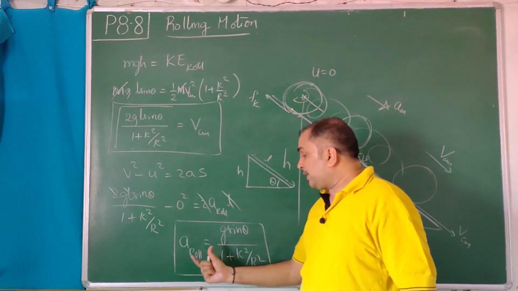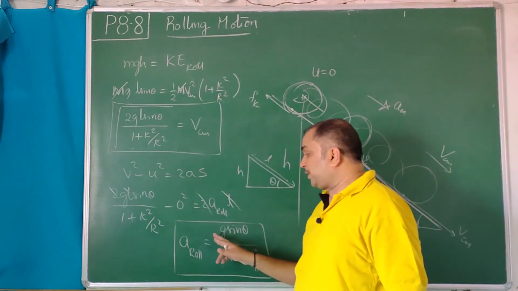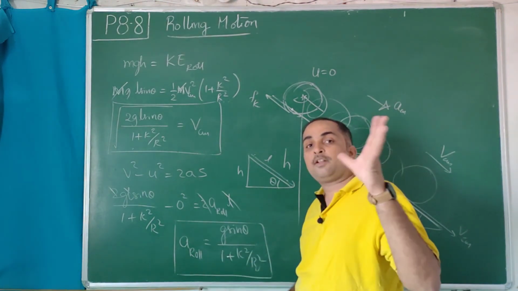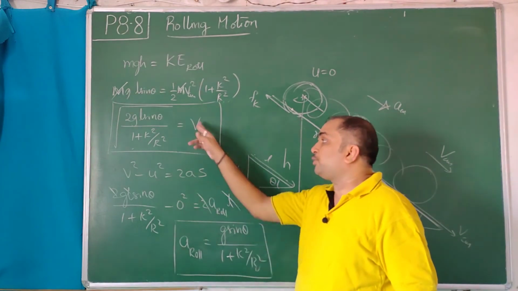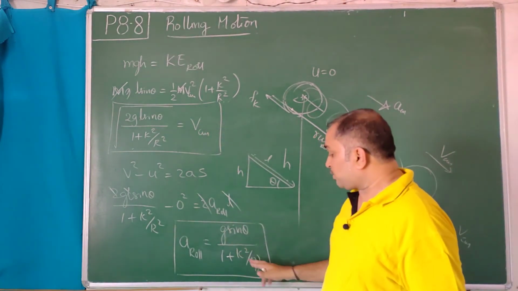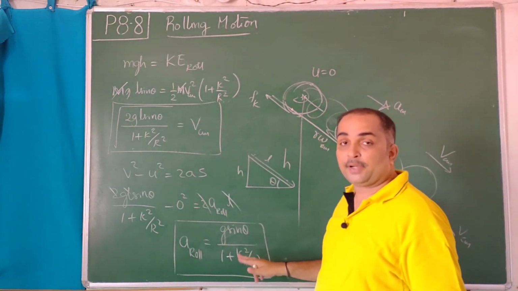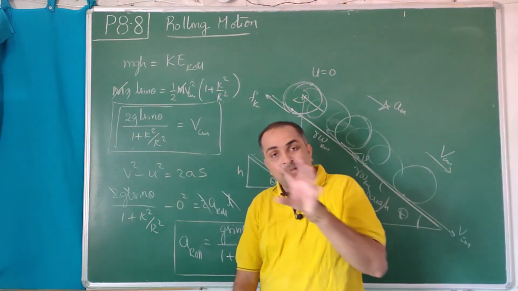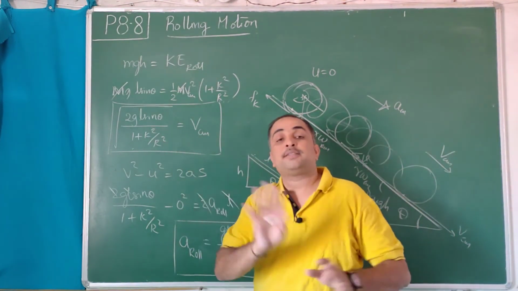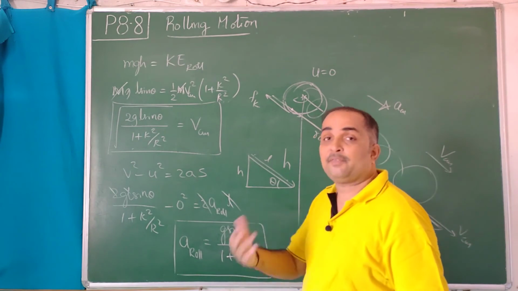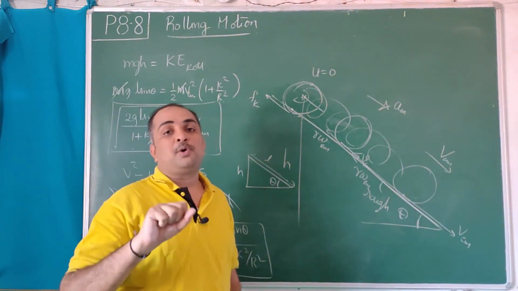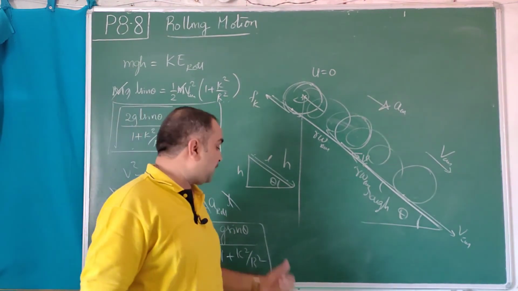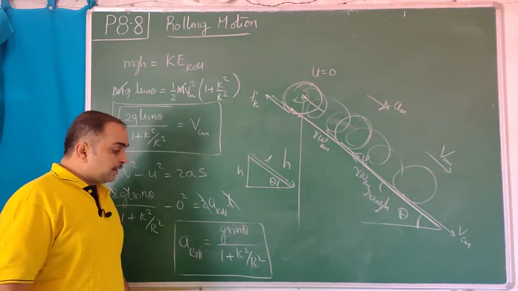Interestingly, this rolling acceleration is independent of the mass of the object, whether you take a small cylinder or a big cylinder, a small sphere or a big sphere. This doesn't depend on mass. This also doesn't depend on mass. But it depends on the k²/r² factor, that is, on the shape. So the acceleration of a rolling disc and a rolling ring are not the same, because the k²/r² value will be different for each object. But a given object can be big or small, big sphere or small sphere, and the acceleration is the same, g sin θ / (1 + k²/r²).